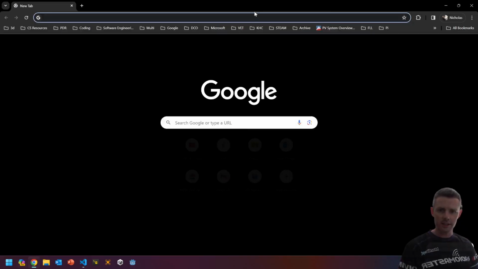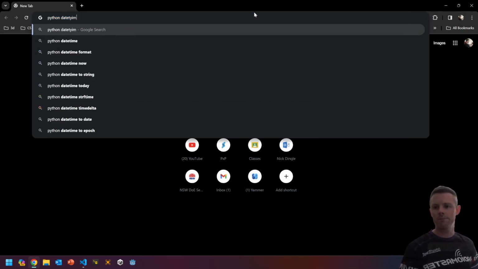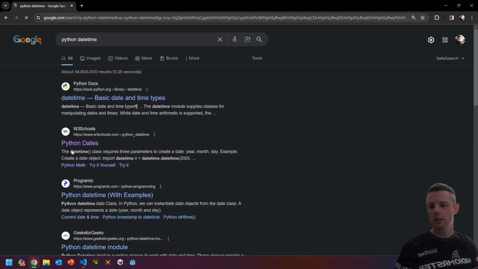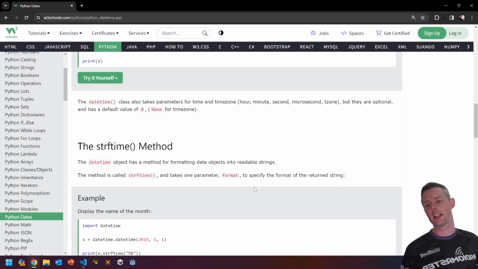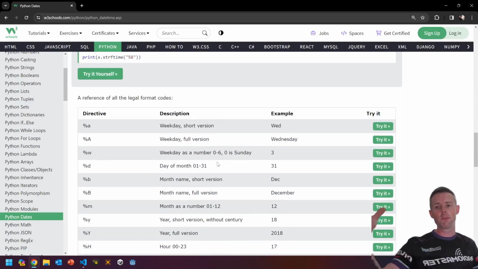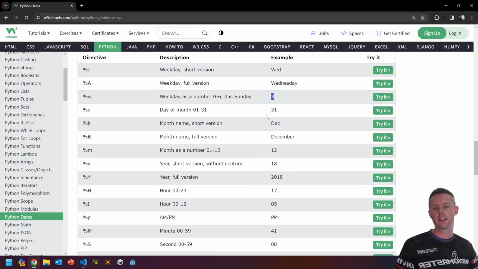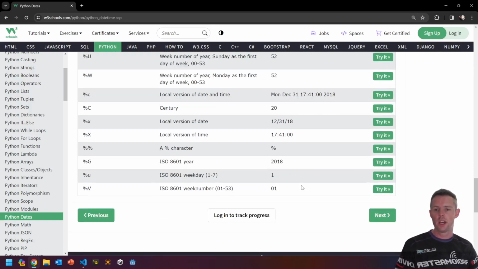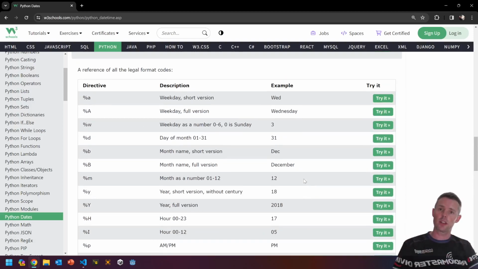So when you're doing this, what you're going to do is you're going to go Python, date time. If you can spell, jump into the Python date section for the W3 schools, because once again, I love W3 schools. And right at the bottom, they've got all the different formatting. All right, so there is days, there is weekdays, there is numbers, there is months, there is years, all that kind of stuff, all the way down to times and so on. Okay, so I'm going to leave it up to you to explore, play around with every single one of these codes